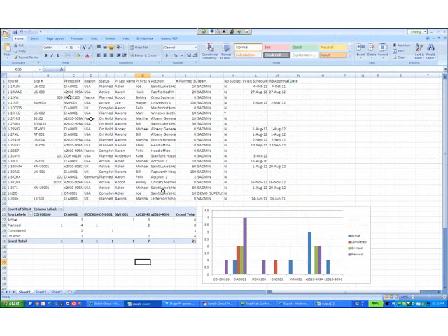count by status per protocol of where our sites are, and we can also turn it into a pivot chart here and give some visualization of the number of sites against each protocol and what their statuses are, how many are on hold, how many completed, active, and planned, etc. So this was something we can very easily do from our export and use some tools within Excel to derive some metrics out of the system.